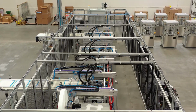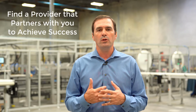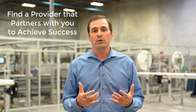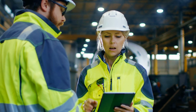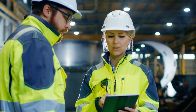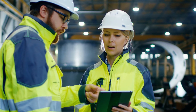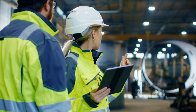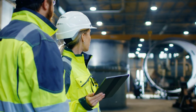The third recommendation is to find a solution provider that you can partner with to help you achieve success. Most manufacturing organizations are not built for the flood of information that real-time data solutions can provide. A provider that partners with your team and links your success to theirs is the best way to achieve success in a digital transformation. Providers that include coaches to help your organization through the change management process will help you